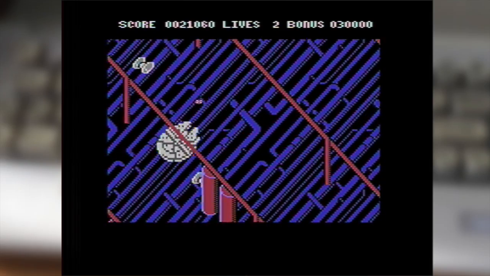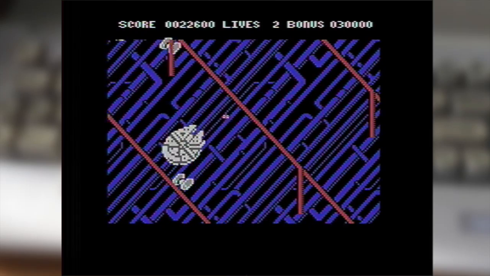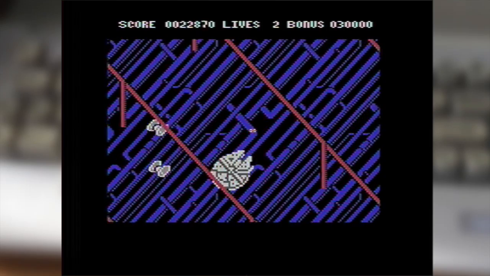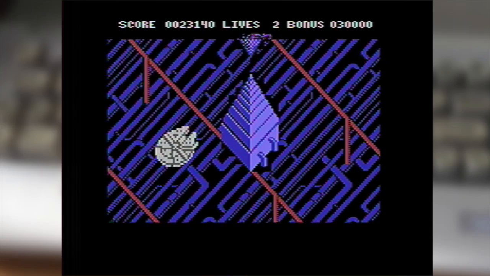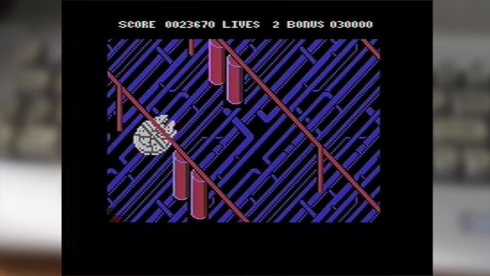We're now doing the run on Death Star Mark II. And this is basically get to the end, shoot out the reactor and escape. And there's the reactor. Hey, we actually shot it out this time. I always mess that up usually. So now,